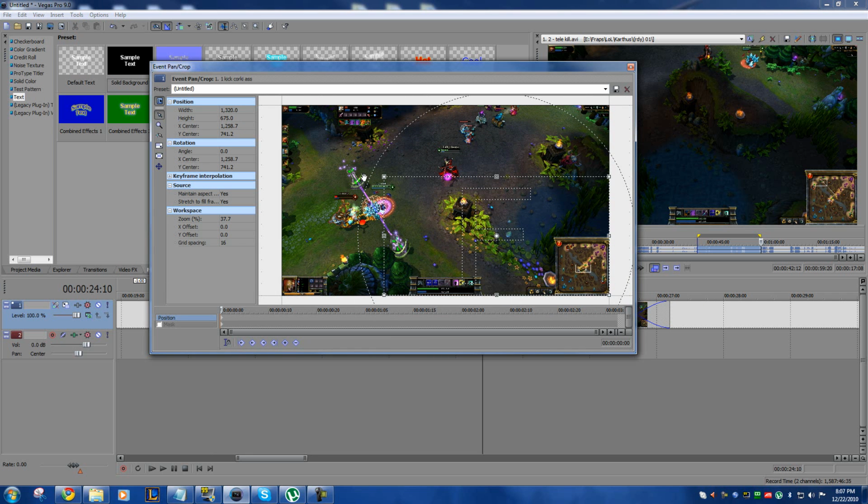Actually, no, it doesn't. Hang on, there's a button over here: lock aspect ratio. If you hold that, it'll do it for you. Anyways, that'll hold it in aspect ratio. So let's go ahead and just zoom in on this kill. Okay. Now, actually, I'm going to click on this bar right here